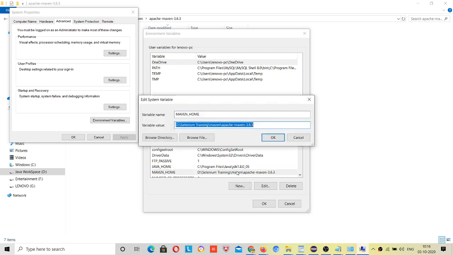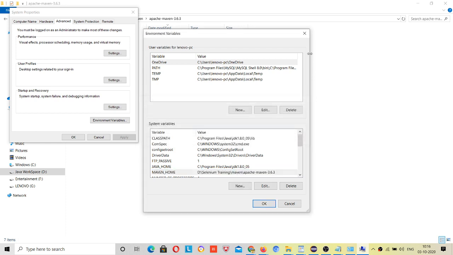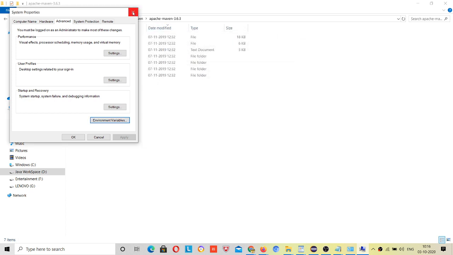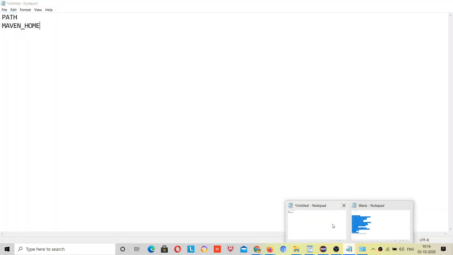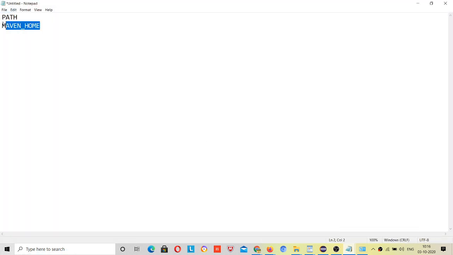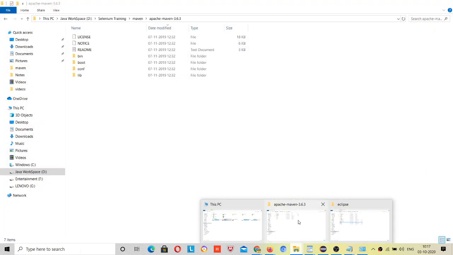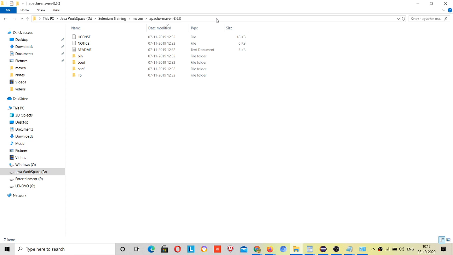So here see this MAVEN_HOME I have already set up, that's why I am not doing it a second time. Now I have to set up the path, right? So how will I set up the path? Go here, right? Till here this was the home directory.